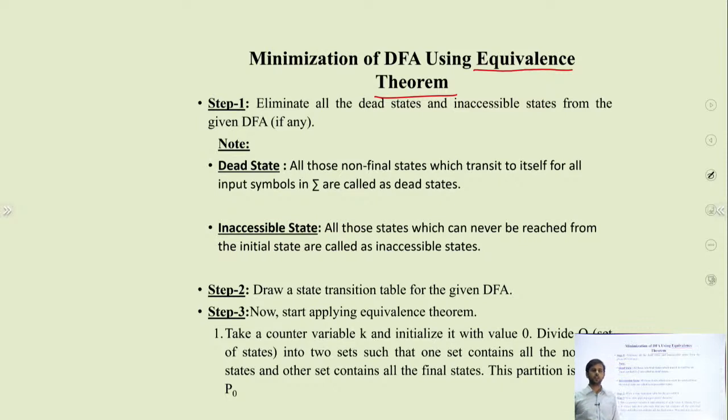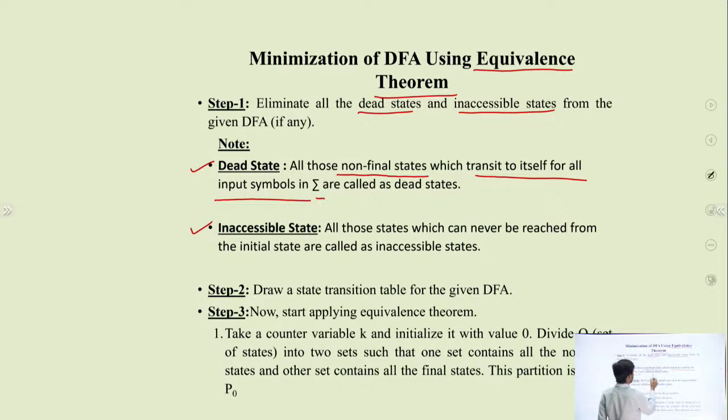In the equivalence class method, we eliminate all the dead states and inaccessible states. What does it mean? There are two types of states. Our first step is to eliminate all the dead states and inaccessible states. Dead states are those non-final states which transit to themselves for all input symbols in sigma. So suppose